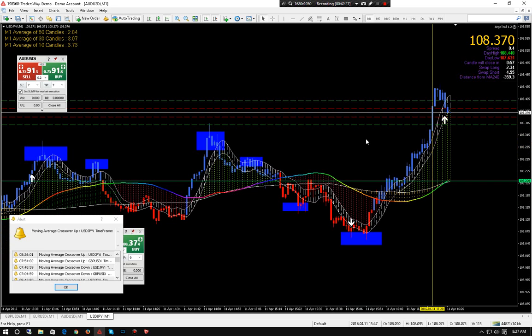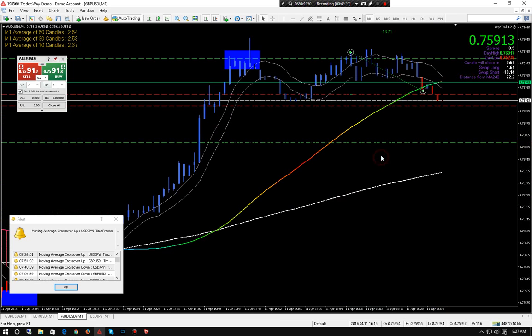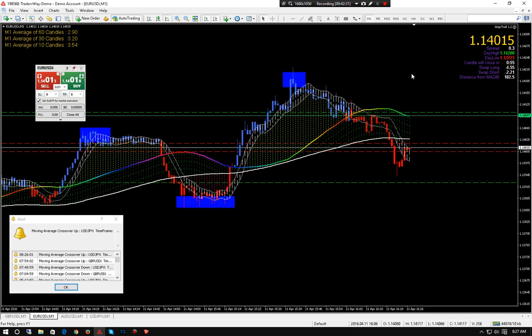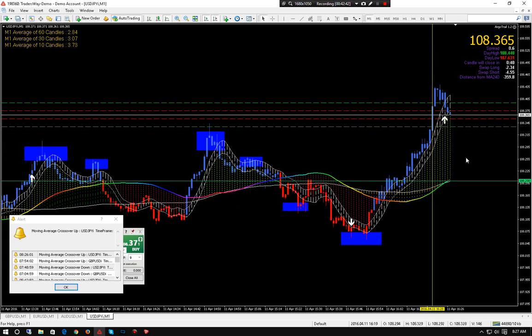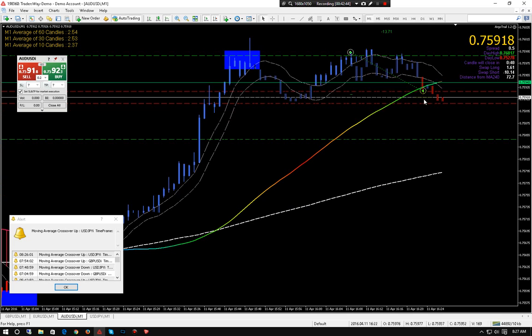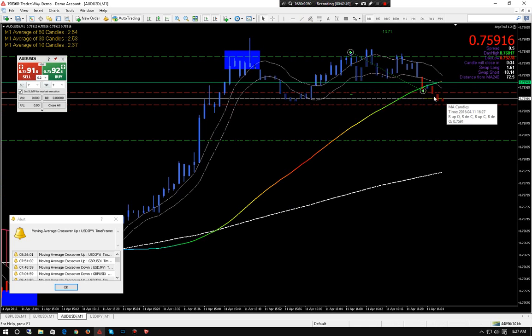US Open, you can see what happens. Price starts moving, basically. Here's US Open AUD USD. Cable, still ranging. Euro, we're getting a downward move. See how we had a nice upward move, and as the US Open kicks in, we had a downward move. Does everyone see the dangers of trading US Open before we move on to the spreadsheet? And just to review, this was my fuck up trade, not market conditions. It was me getting in during US Open.